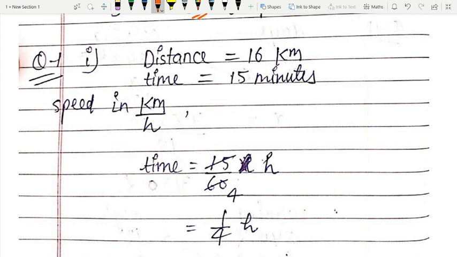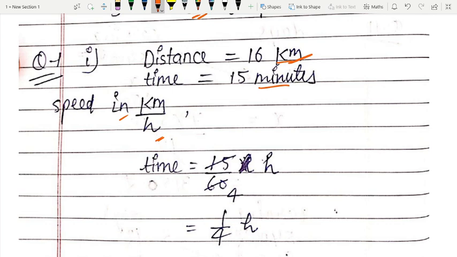Distance is given, 16 kilometers. Write down the unit, otherwise your answer will not be complete and you will not get full marks in the exam. So make sure that you write the unit, and learn the units also. The distance unit is kilometer, the time unit is minutes, and we need to find the speed in kilometers per hour. Before that